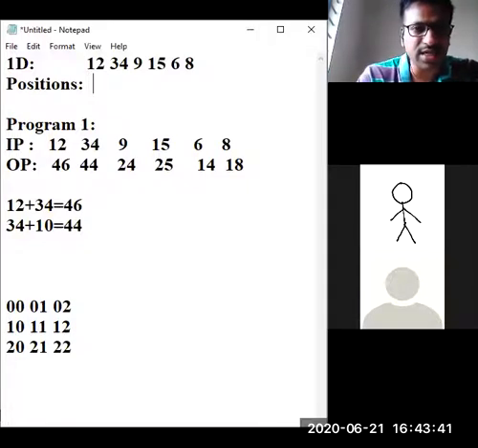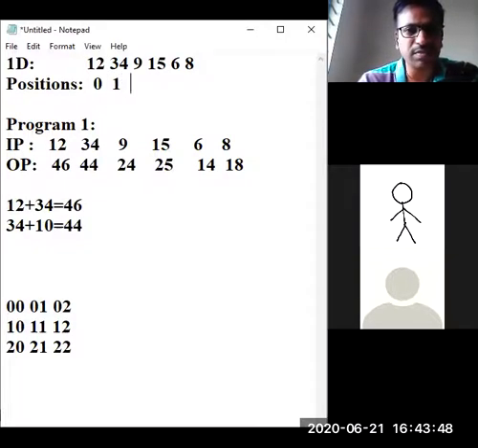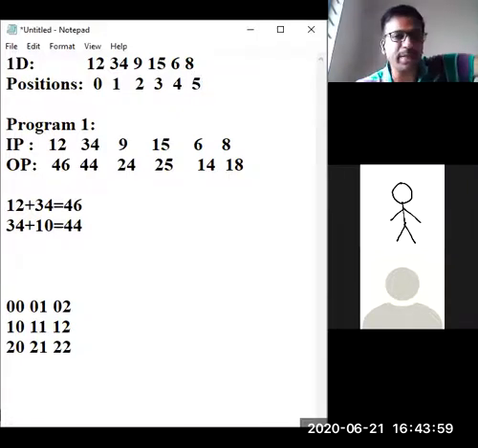This is the 0 position, followed by the first position, the second position, the third, the fourth, and the fifth position. These are the corresponding positions of the elements.